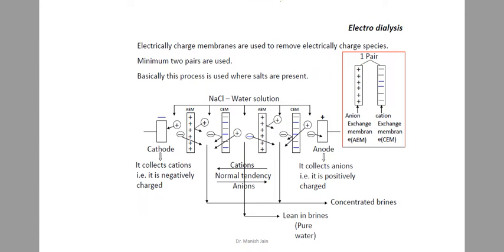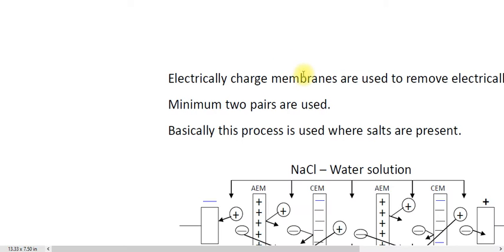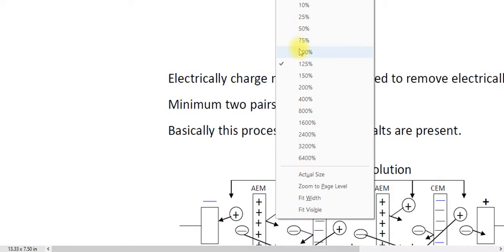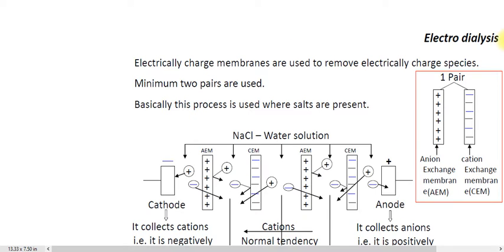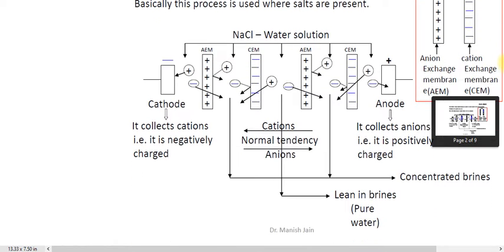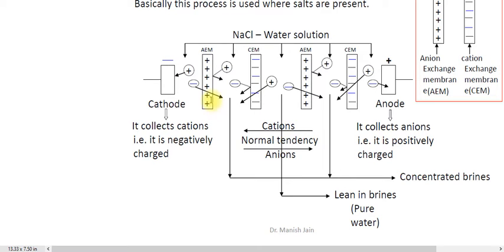So this is the diagram. Okay, so in this diagram, this is the small setup, the layout of the electrodialysis process for purification of water. Suppose you have the brine, which is the concentrated salt solution like seawater. So you want to separate it out. So you can fill the brine in the different chambers. You have the pairs of anion exchange membrane and cation exchange membrane, which are situated in between a pair